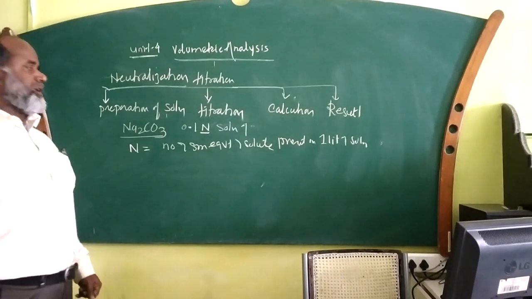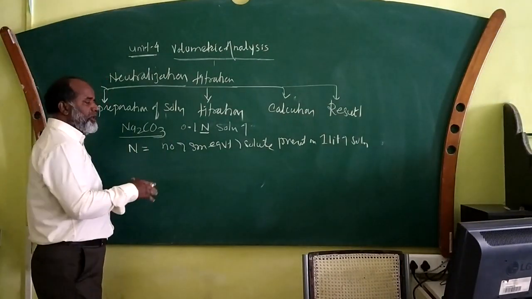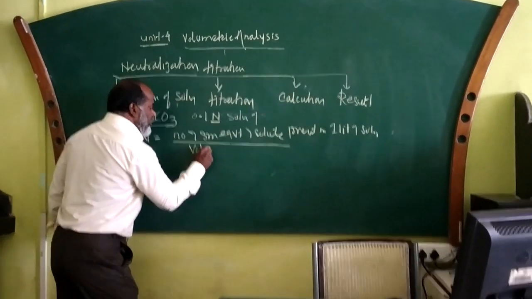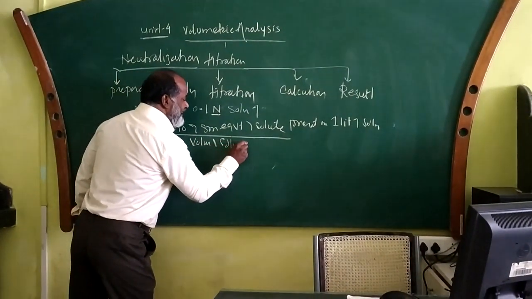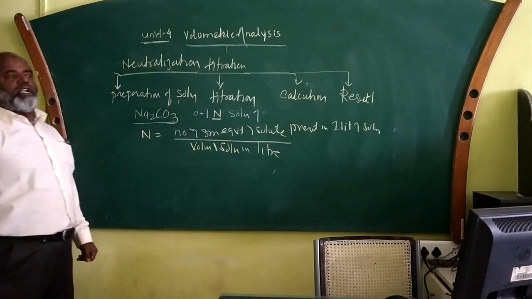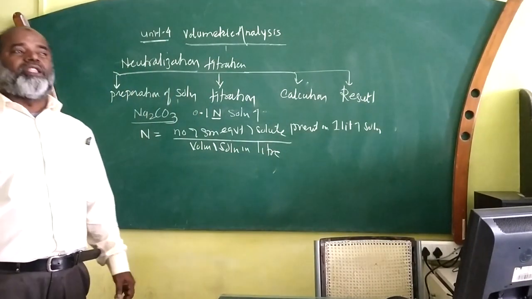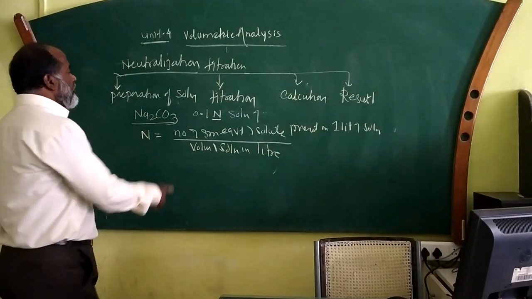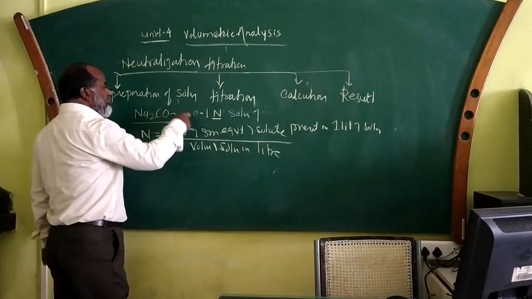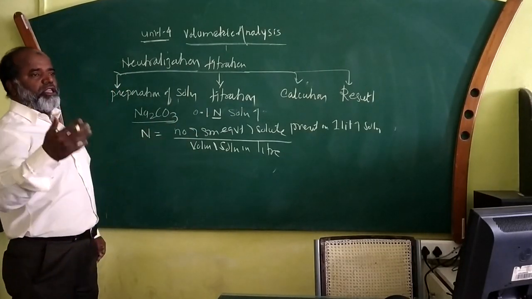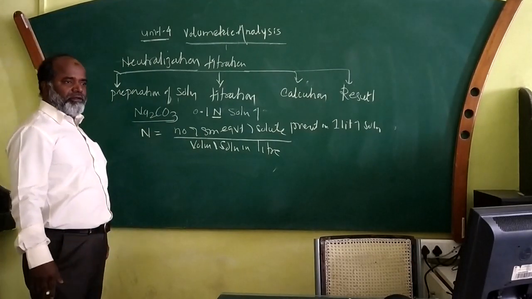उसका नॉर्मेलिटी है, या इसको मैं मैथमेटिकल ऐसे भी लिख सकता हूं, number of equivalent of solute upon volume of solution in liter. Liter means 1 liter, volume of solution in liter. This is what is called normality. इसको हम नॉर्मेलिटी कहते हैं. लेकिन अभी भी मुझे 0.1 नॉर्मल बनाना है, तो ये मुझे 0.1 कैसे बनाना है, कितना वेट लेना है, कितना वॉल्यूम लेना है, कितना क्वांटिटी ऑफ सॉल्वेंट लेना है, that I want to decide.